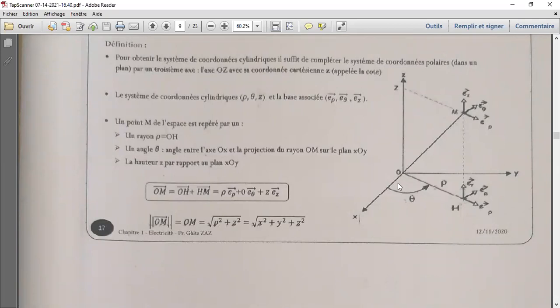E rho shows the direction of the radius. E theta shows the direction of the change of the angle theta, and EZ just shows the direction of the Z, which is up. So yeah, that's it. Then "un point M de l'espace est repéré par un"